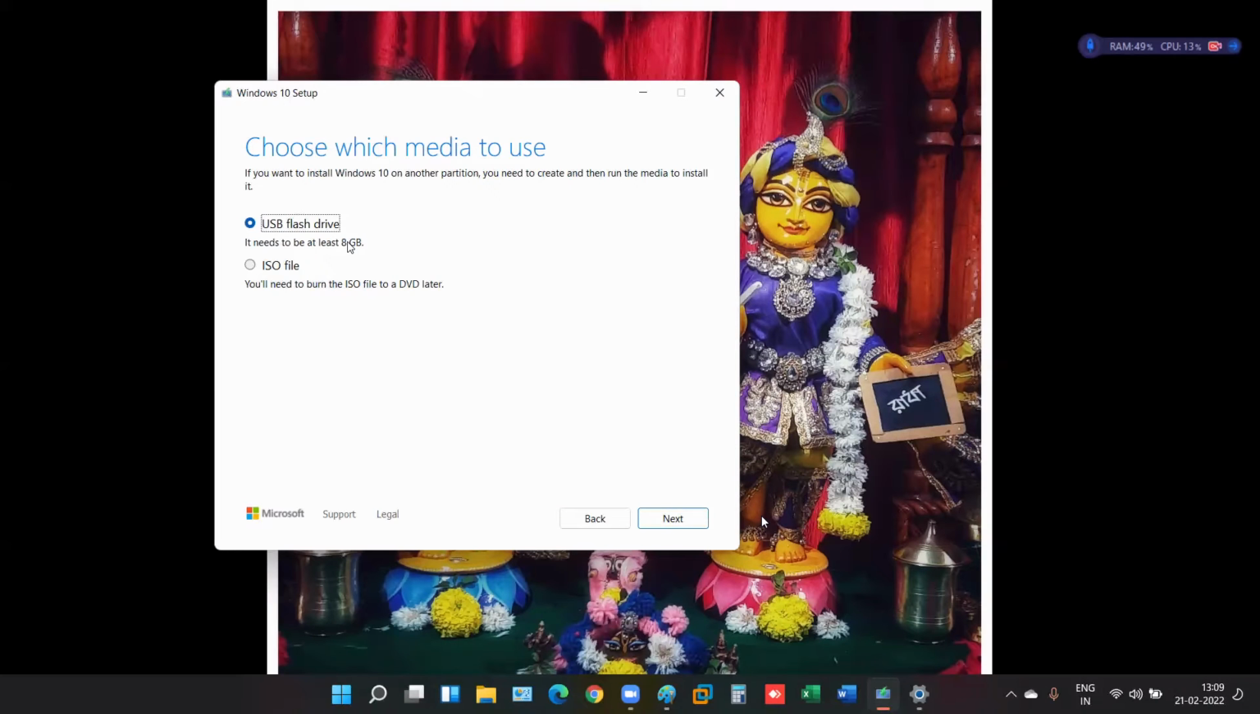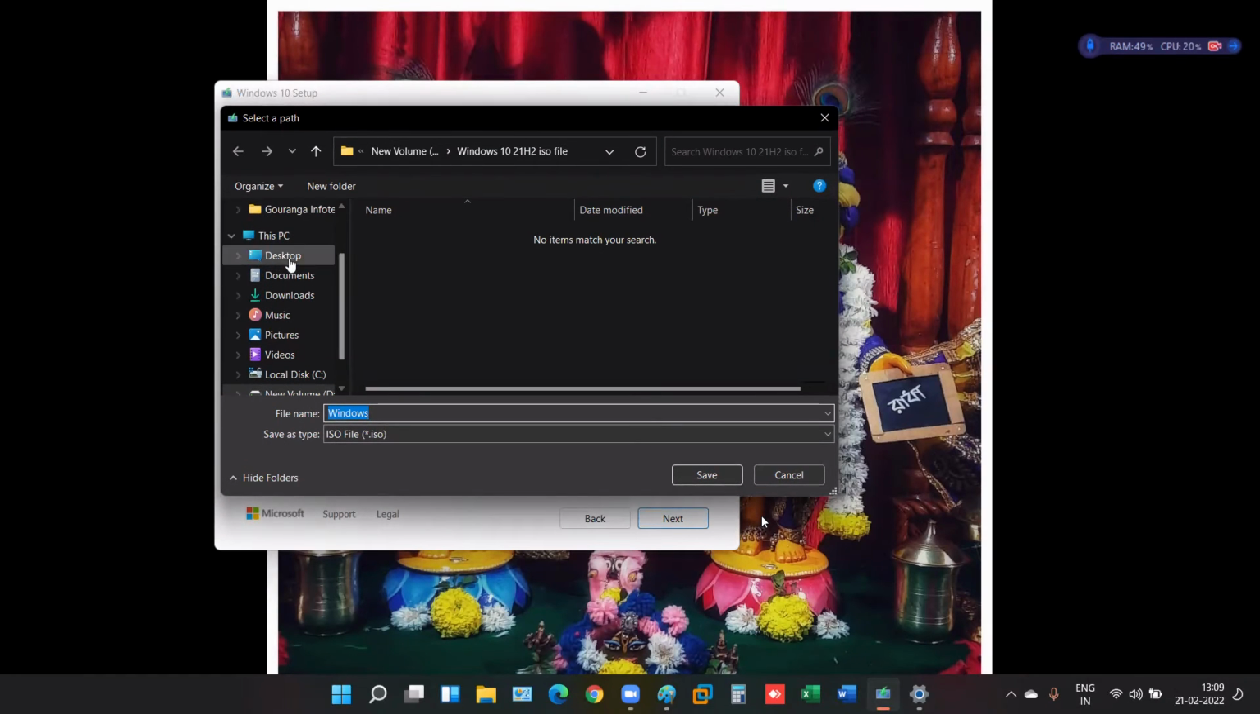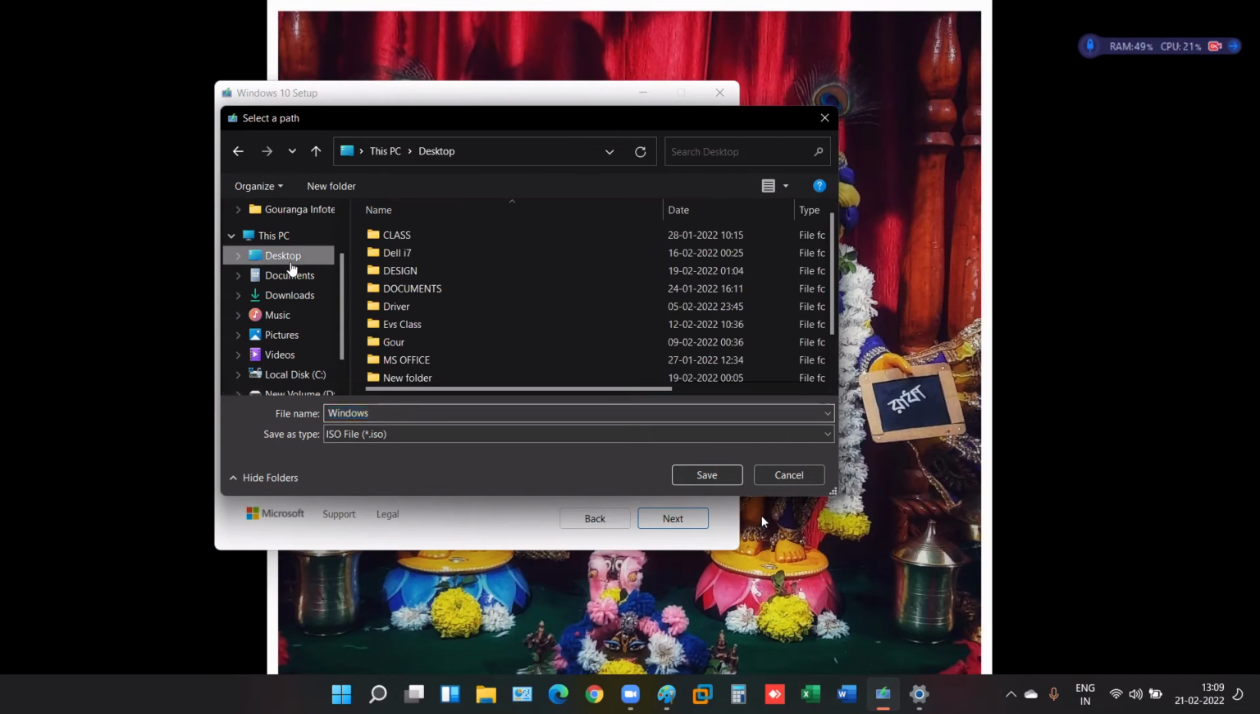So now I go to ISO, then click on next. Then I choose where I am installing the Windows. Now हम choose करेंगे कहाँ पे हम Windows को install करेंगे. So I am creating a